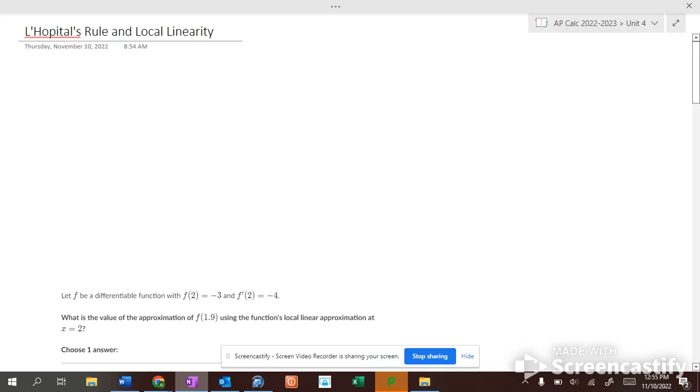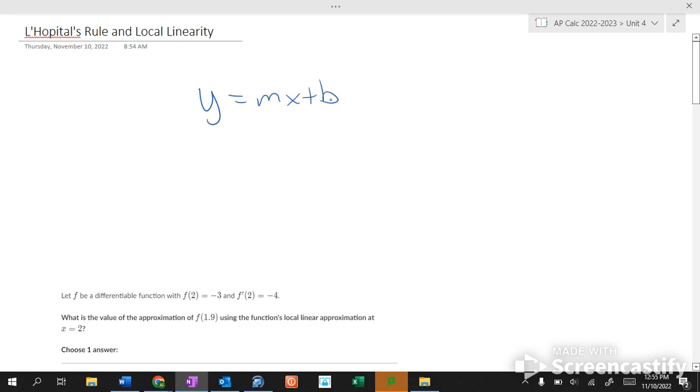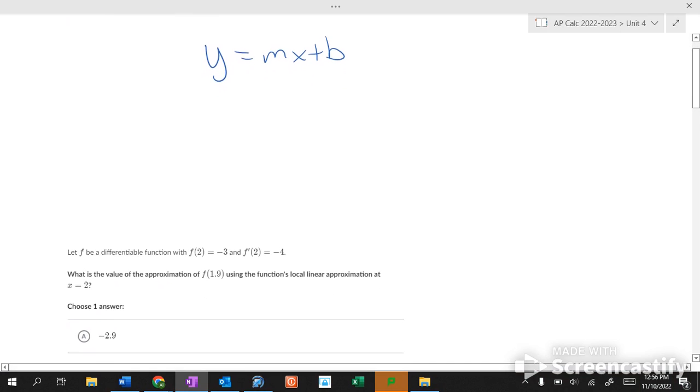Local linearity. Okay. L'Hopital is coming in a second. Local linearity. Okay, a linear function. So if this makes a linear function at a certain point, what would be the approximate